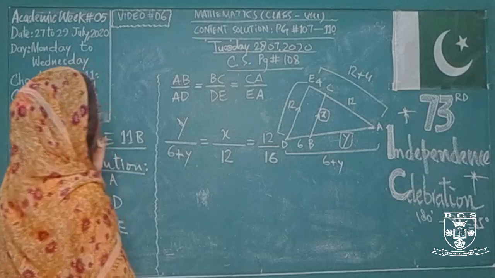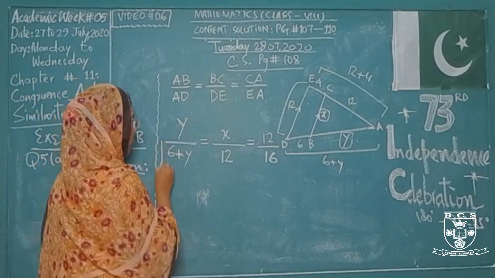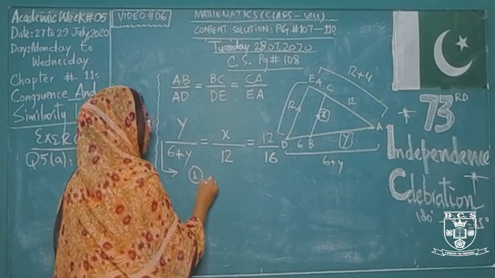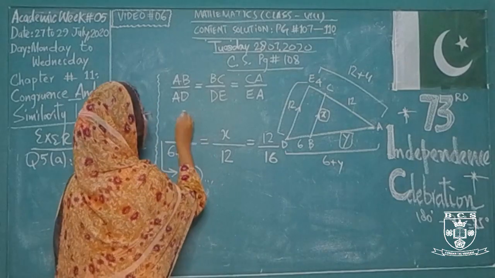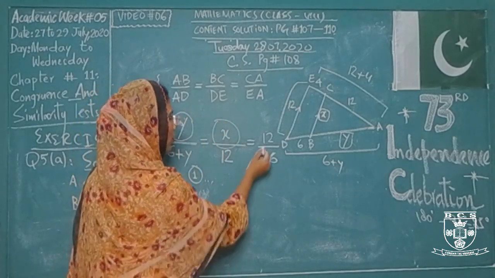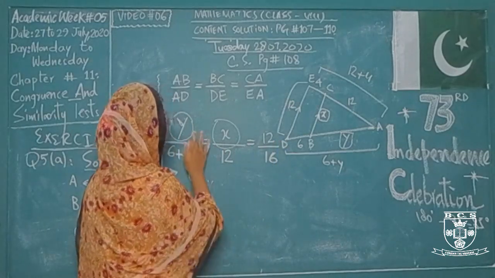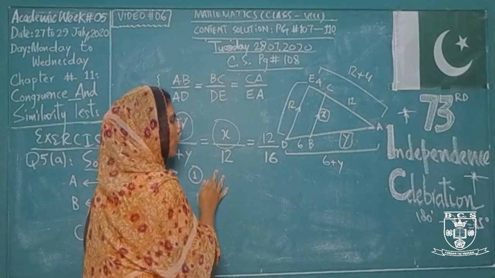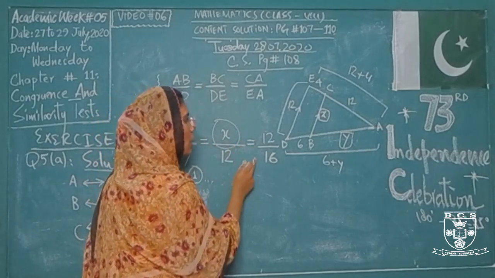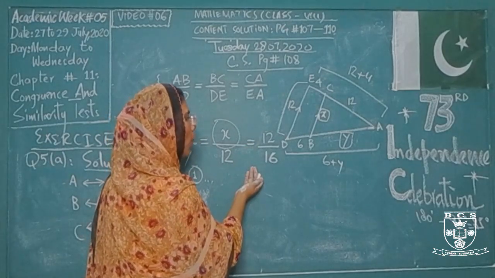After replacing the fractions by their values according to the diagram, we will mention this as equation number 1. This is our equation number 1. Now we have to work for the y and also for the x. Before solving that, we must simplify our fractions. I cannot simplify these two particular fractions because they have different variables, but this one fraction is not having any variable. So I am cancelling this fraction with the help of 4.